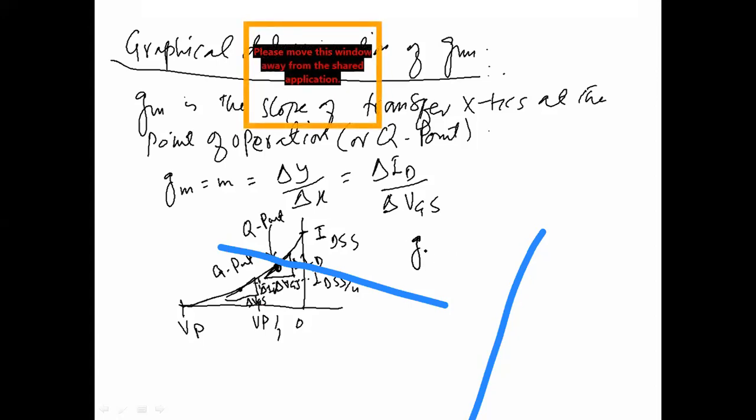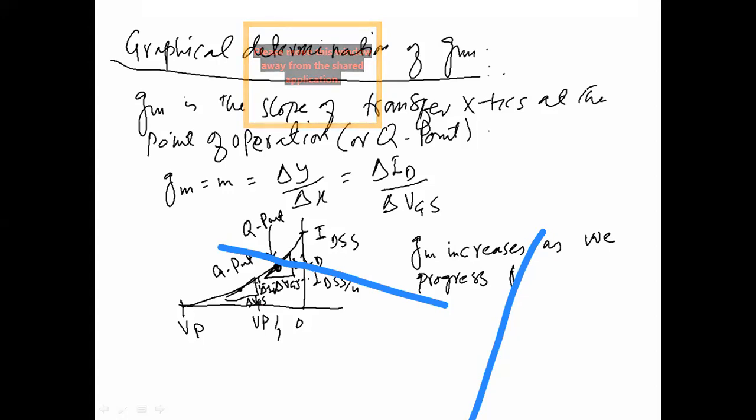GM increases as we progress from VP to IDSS, and vice versa. ठीक है ना? समझ आ रही है? तो GM इंक्रीज होता है जब हम VP से IDSS, जब हम वोल्टेज एक्सिस से करंट